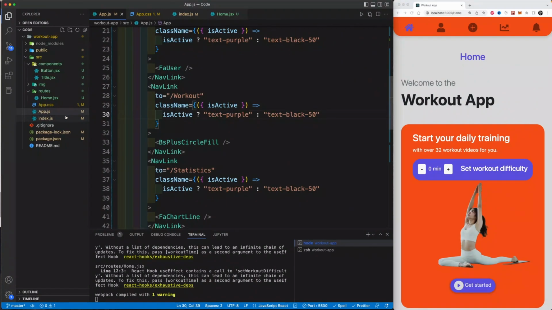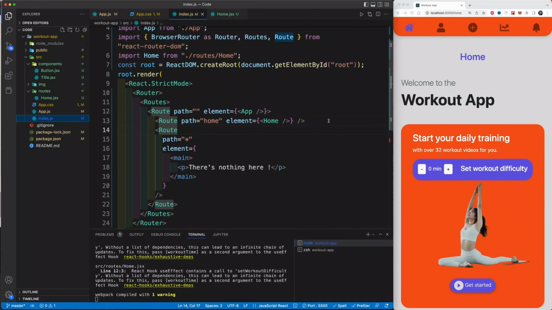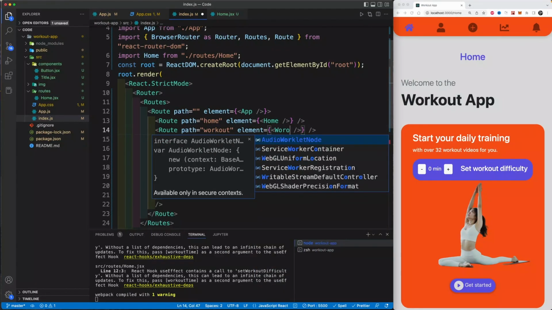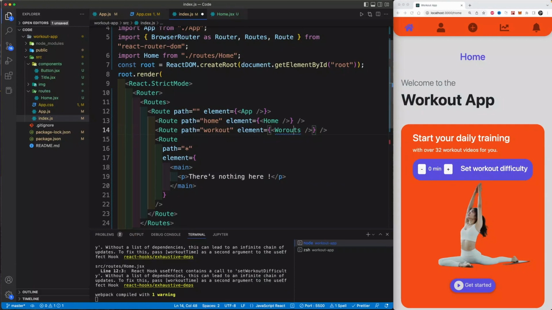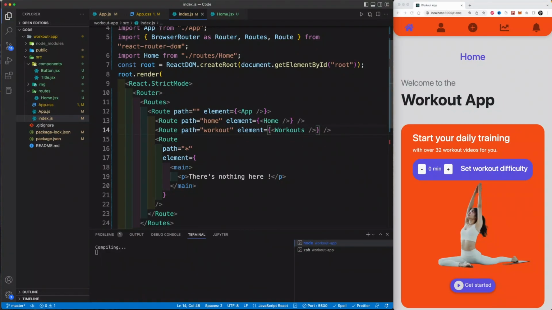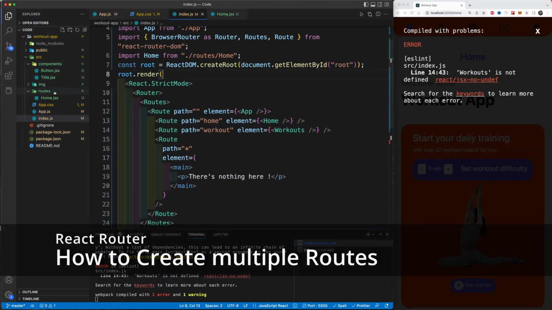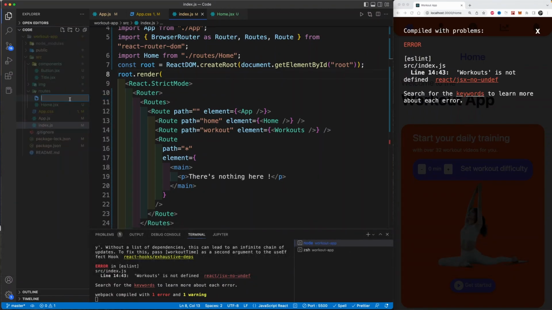Now the last thing I want to add to our index is another route. Just going to copy this, add it right here. So as the path, we're going to go to workout, and the element that we're going to import will be Workouts. We don't have this Workouts, and this is going to break. So what we need to do is create our Workouts, and that is what we are going to do next up. So let's create our Workouts, and our Workouts will be actually created in routes. So routes, new file,